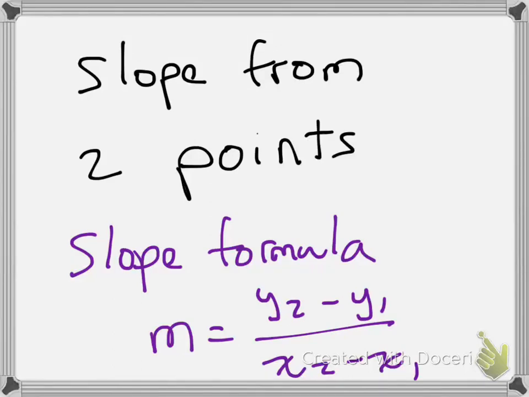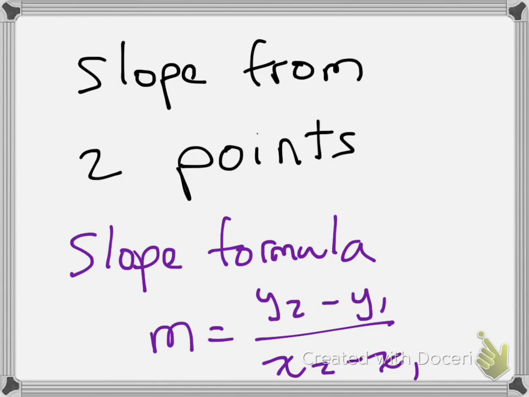Okay, so for this one, you can always get slope if you have any 2 points. Sometimes you'll have the graph, and you can do the rise over run. But sometimes you don't want to make a graph. Sometimes you don't have it. You just have the points. So if that's what you have, you apply the slope formula, and the slope formula just shows rise over run in another way, and that's y2 minus y1 divided by x2 minus x1, which is just using the coordinates from